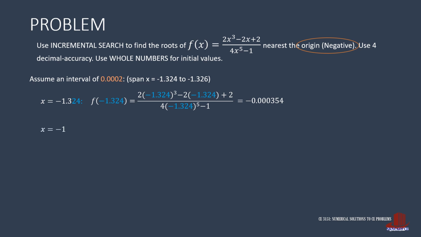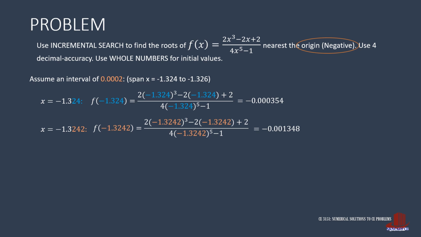We begin the iteration of negative 1.3242. The function then becomes twice of negative 1.3242 cubed minus twice of negative 1.3242 plus 2 with a denominator of 4 times negative 1.3242 raised to 5 minus 1, giving the function equal to negative